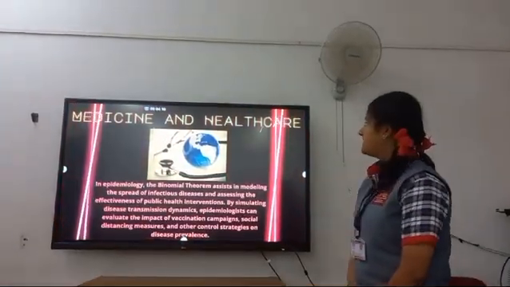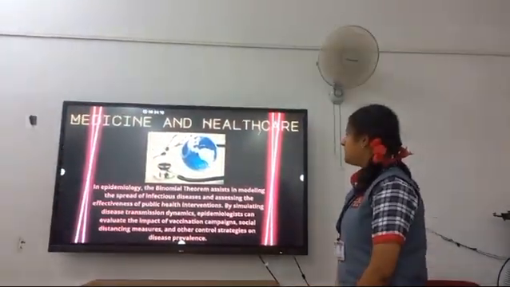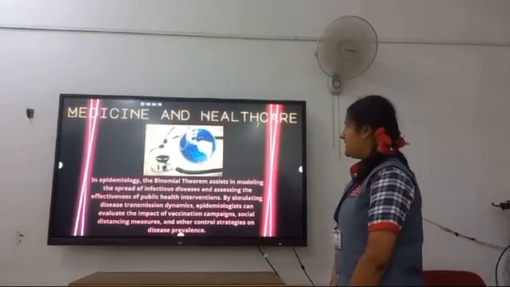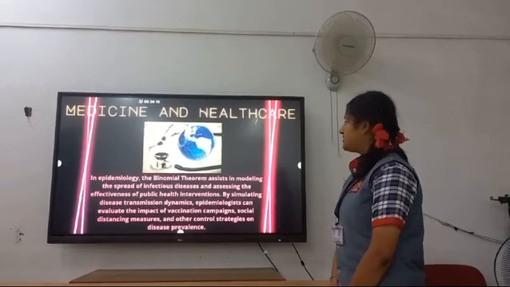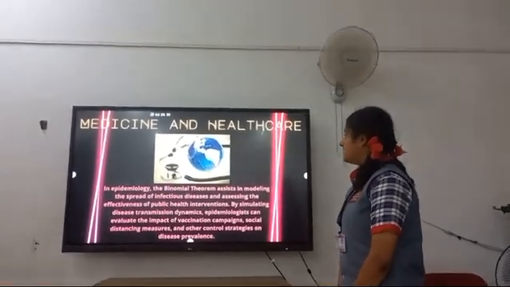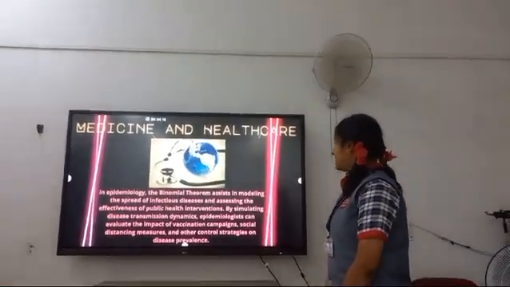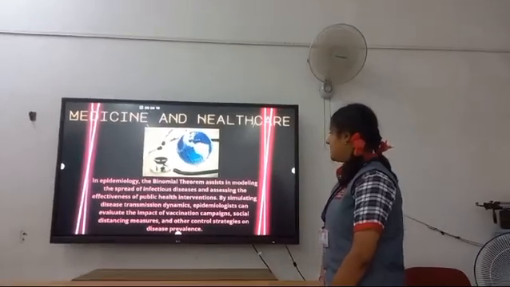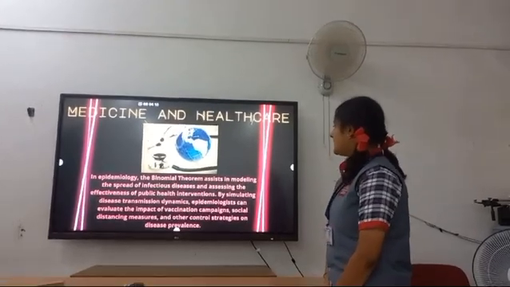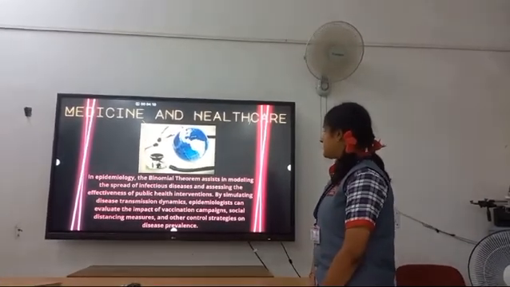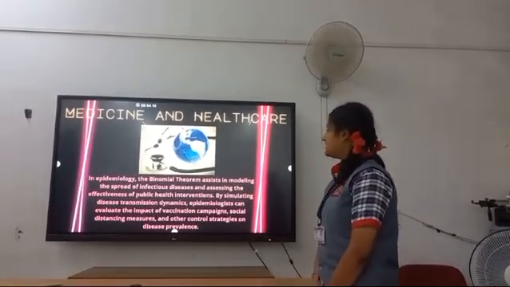Fourth, medicine and healthcare. In epidemiology, the binomial theorem assists in modeling the spread of infectious diseases and assessing the effectiveness of public health interventions by simulating disease transmission dynamics. Epidemiologists can evaluate the impact of vaccination campaigns, social distancing measures, and other